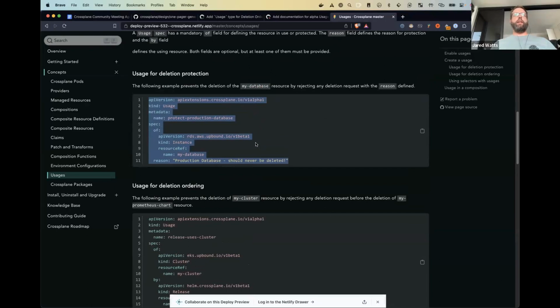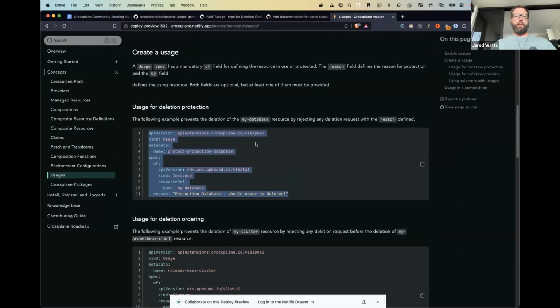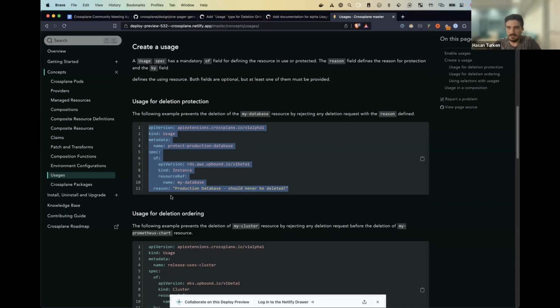So that's saying then that it is not required to have the by field set. Is that correct? Can it be totally empty? Yeah, that's true. Basically the reason and by fields are mutually exclusive. You would need to define one of them, otherwise it will reject the creation.